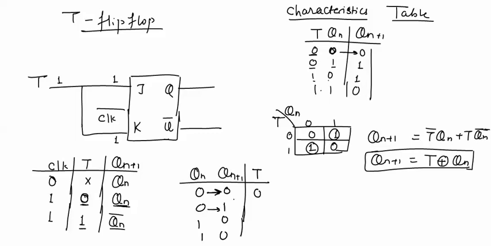If previous output is 0, next output is 1, T will be 1. If previous output is 1, next output is 0, T will be equal to 1. And if previous output is logic 1, next output is also logic 1, in this case the T input will be 0. So this is the